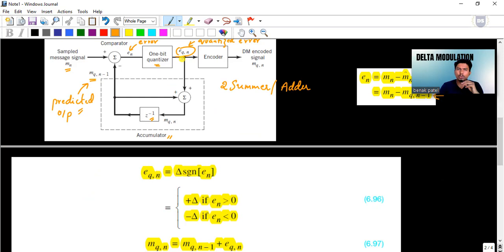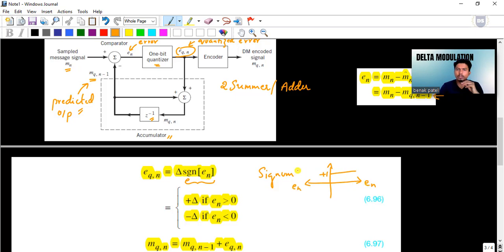And here EQN is equal to delta times the signum function of En. And we all know how this signum function looks. So the signum function is a function that takes on a value equal to +1 for all its positive values. Because this signum function is a function of En, let's assume this x-axis to be En.